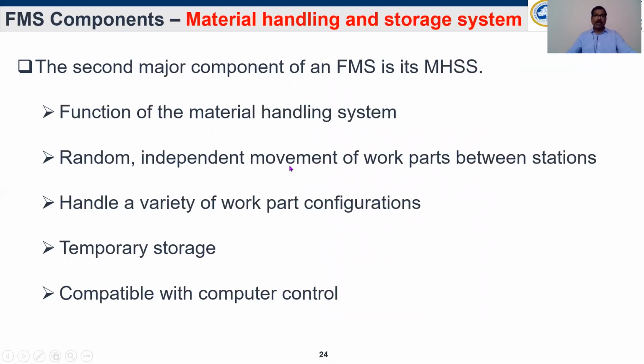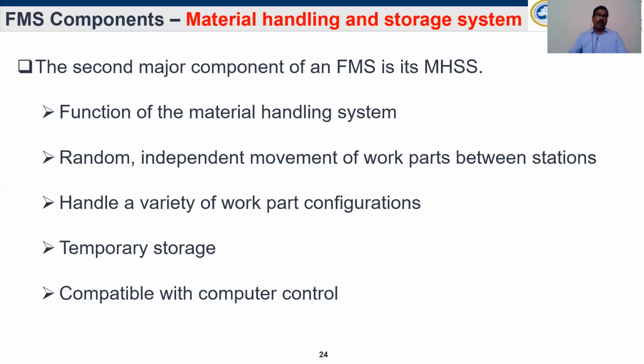Then the second one is material handling and storage system. We also saw in our figure that the material handling and storage system is a very, very important portion in terms of FMS. We can't simply keep the storage in different places. It should be around the machines, right? So material handling is also one of the important components. For example, between one machine and another machine, material needs to be handled properly. When we are handling it, it should be stored properly and moved. So material handling and storage is a very, very important component in terms of FMS.